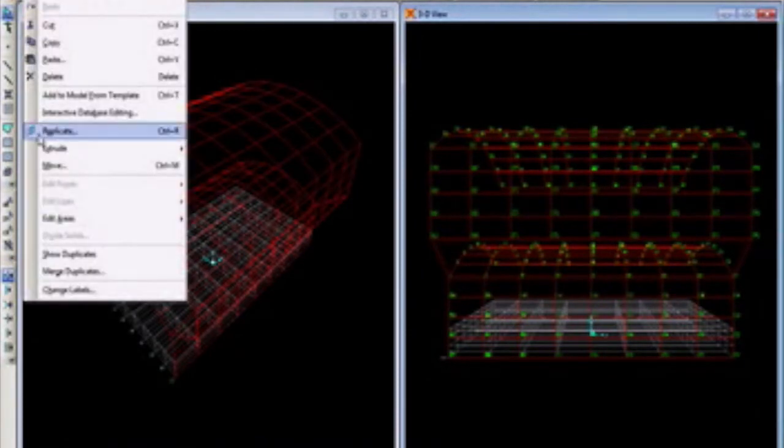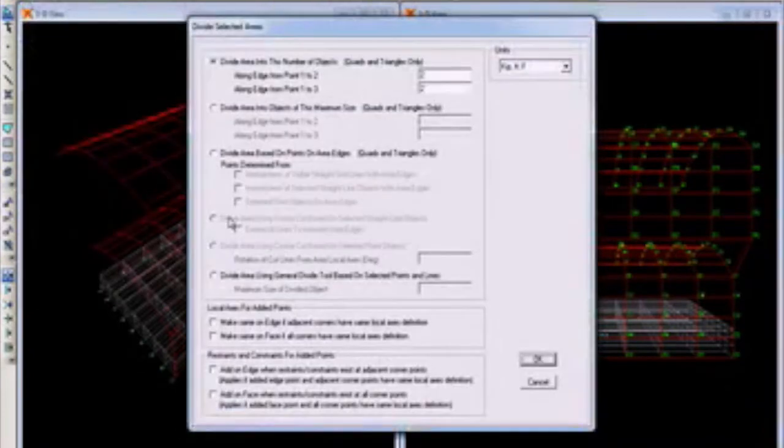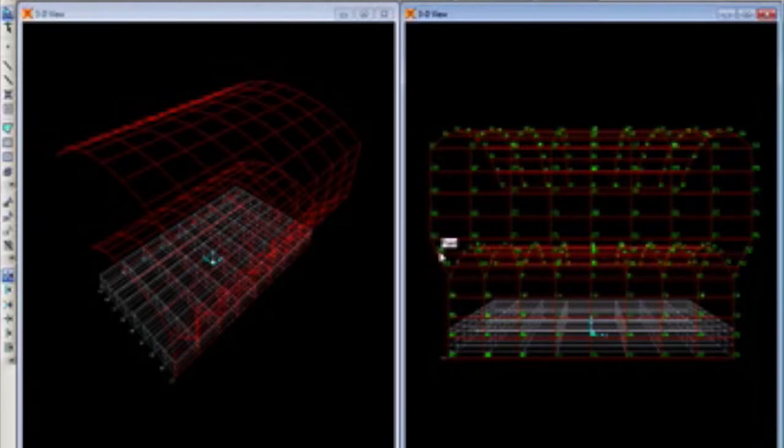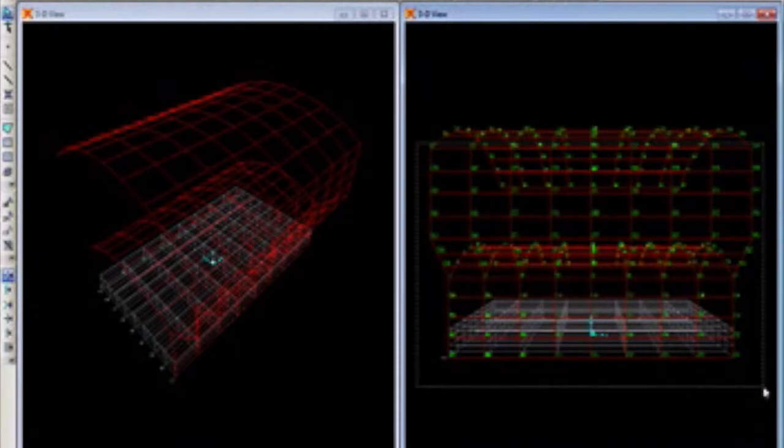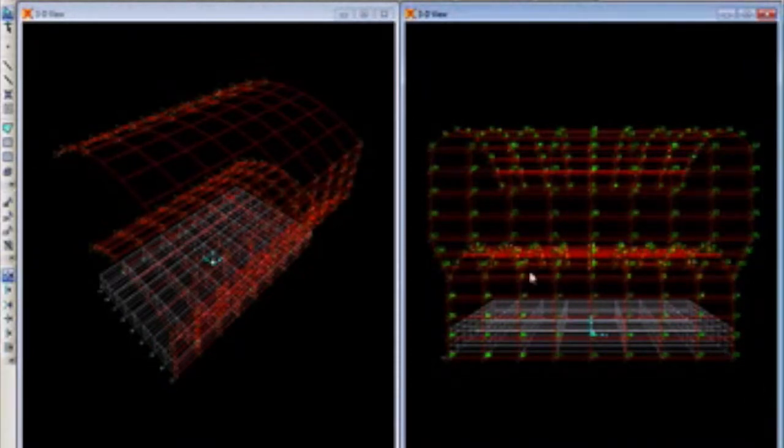Now we can go for the select mode and select the area, and I can go for edit areas, divide areas, and this would be 3 and the next would be 8, and just say okay. Now if you see, this member has been selected, but the problem here is the entire view has been selected. This might be a concern for me, because I want to select only this wall, this slab, and this wall, and I want to replicate this to this area. If I try to select this member, let us see what will happen. Yeah, see, now the entire member is selected. This is not my thing.